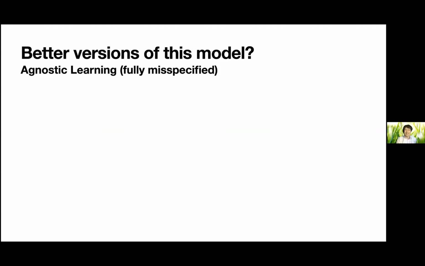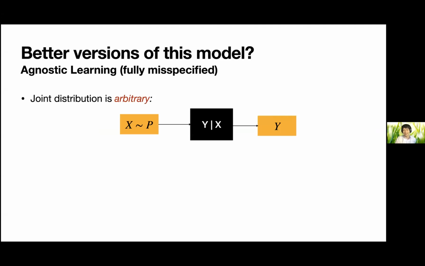On the other hand, we can try to come up with the most realistic noise model. And in some sense, the most realistic, you could say, is the most general because it captures every situation. And that's exactly what the agnostic learning model is. So what's different here is I don't make any assumption about how y is generated from x. For our purposes, it's just a black box. And now we should be a little more careful to define what it means to learn, because there isn't even a clear concept of a W star baked into the generative model.